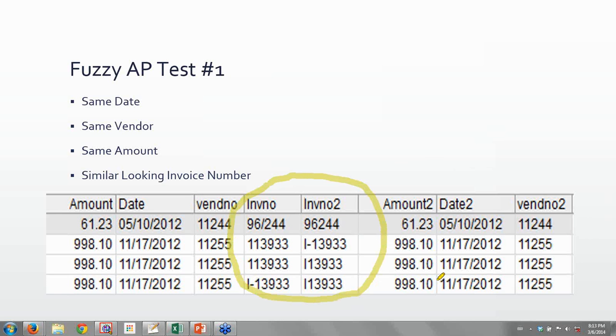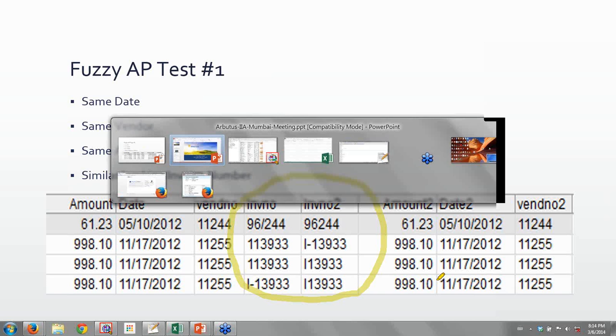You'll see 96/244 was matched up with 96244. And the next value, 113933, was matched up with I-13. So you can see why they were matched up. The focus in this example is on trying to easily identify duplicates where there might be a data entry error, or if you're even doing something like OCR, bringing data in, whatever that might be. This gives you a way to look for similar looking values, commonly on various kinds of reference data, in this case invoice number. So let me switch over quickly to